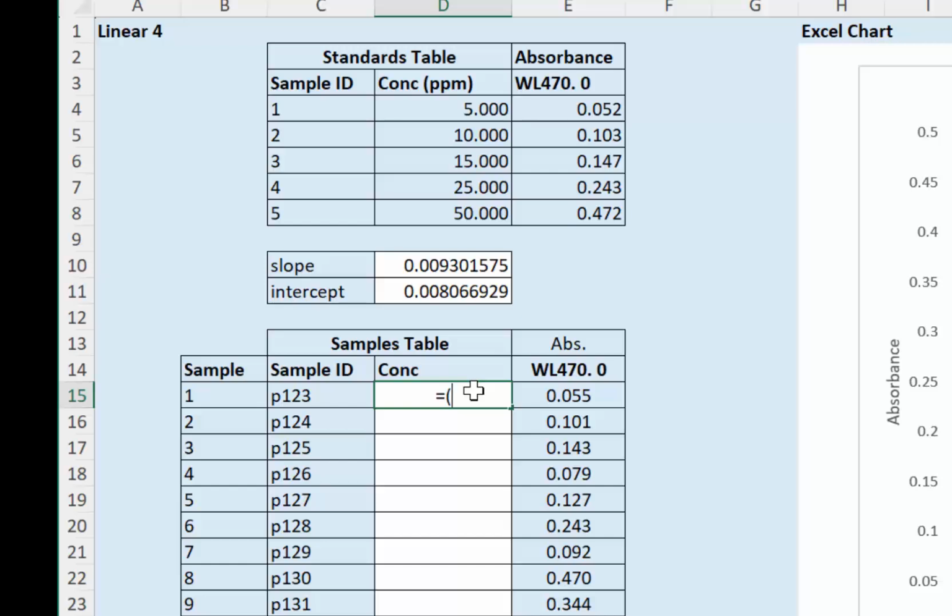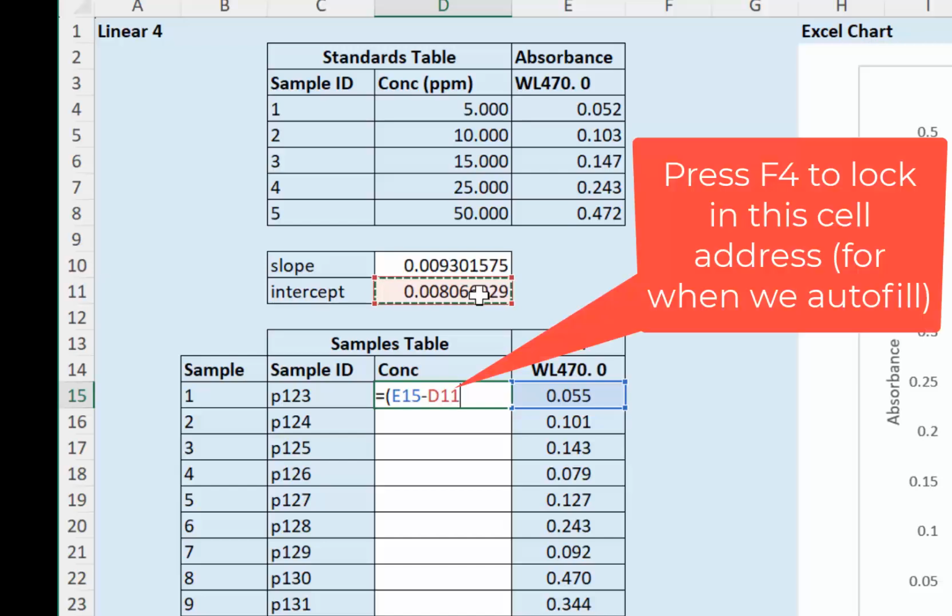So we press equals, open bracket, pass the measured value, and now I will subtract the intercept, and I want to make this an absolute reference, so I'm going to lock that cell address by pressing F4, close the bracket, and divide it by the slope. I also want to lock the cell address for the slope